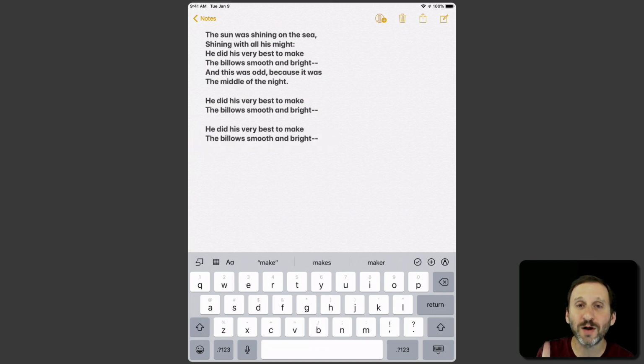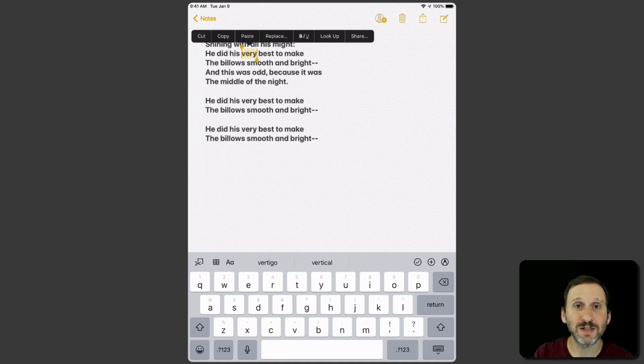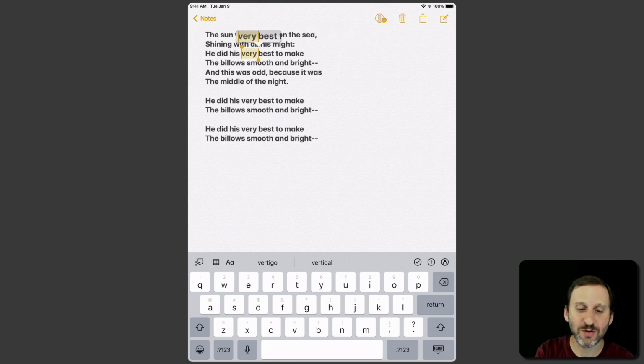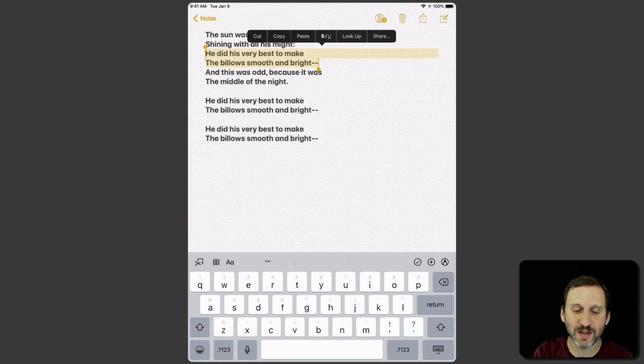Now there is one other way to select some text. You can double tap the word. So if you double tap the word it selects the entire word very quickly and then now you can drag those handles like that. So if you don't like the kind of little magnifying cursor there you can just use that technique. It's a little awkward at first but once you get used to it of course you'll find that